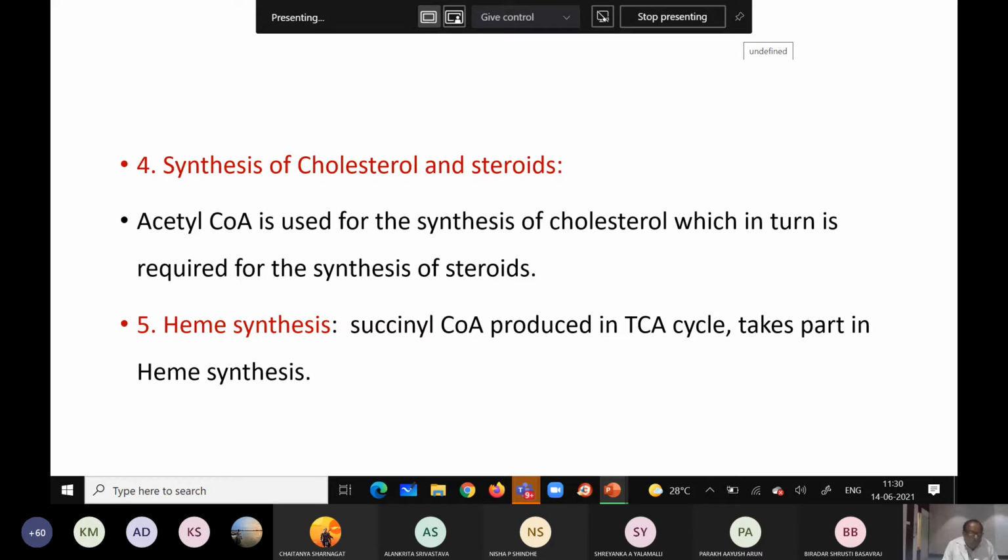So this is how the TCA cycle gets involved in both types of reactions, that is, catabolic and anabolic. Hence this one is said to be attending both the dual parts. That is why it is called the amphibolic reaction step.